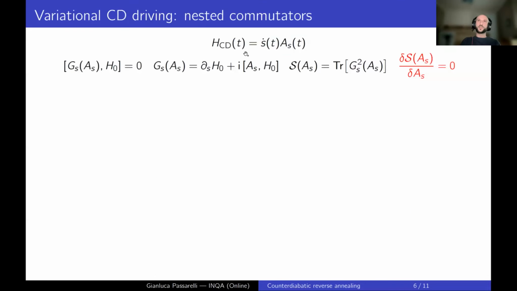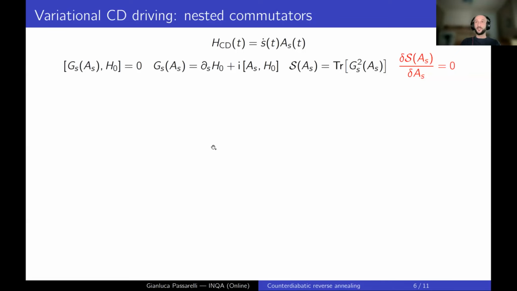The key point is to notice that the counterdiabatic operator satisfies a certain operator equation, and that the solution to this equation is also the minimum of this functional here, which can be computed in the computational basis without requiring diagonalization of the original Hamiltonian. So at this point, you can just make an ansatz on the form of this operator A, and you can minimize this functional to obtain the best possible approximation of the counterdiabatic operator given your constraints, for example, locality or